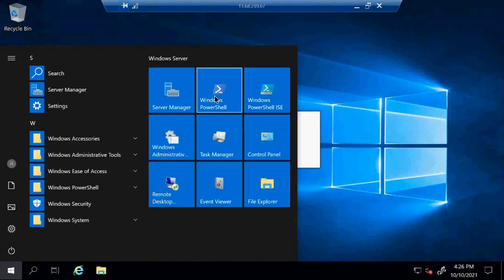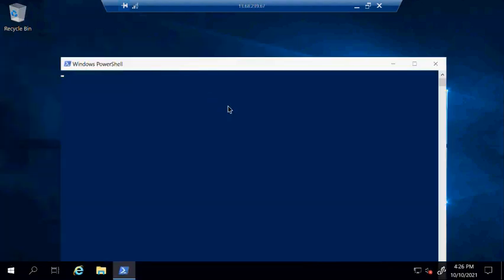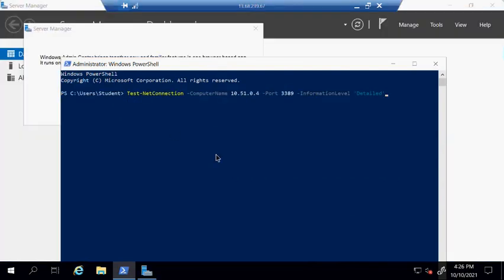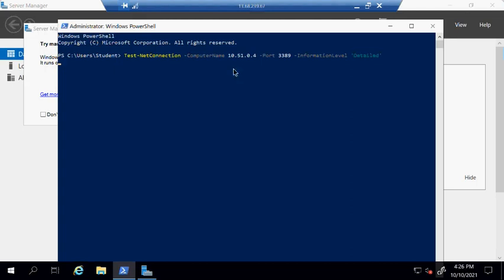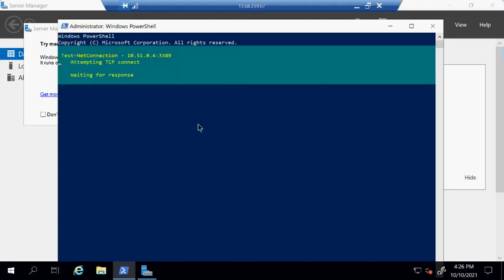Once you open PowerShell, you are good to run that command you have copied. That means it is now checking the connectivity between your machine, this VM0, and VM1. So 1 means 51, 50 means 0, 52 means 2.